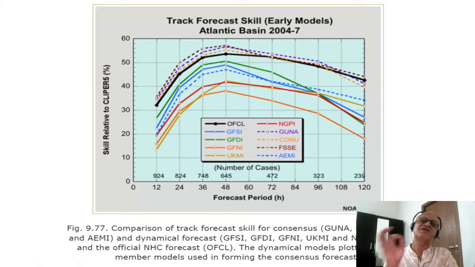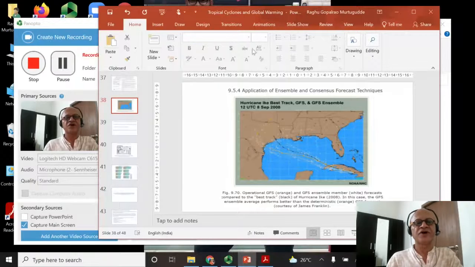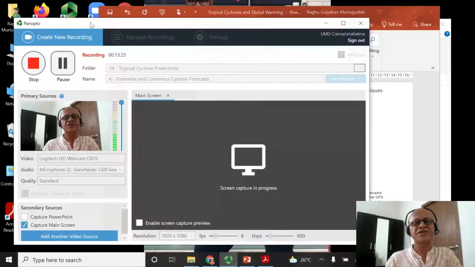Nonetheless, the main message is that work done to use multiple models to produce consensus forecasts is worth it because the skill is systematically higher compared to Clipper, which is our baseline model. It's a climatology persistence statistical model, so we have to do better than that. So the skill relative to Clipper is better than that, and that's kind of the story of ensembling and consensus